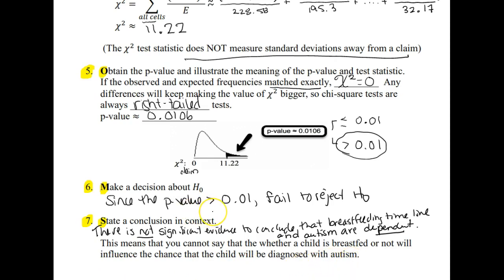Now here the p-value, or I'm sorry, the level of significance alpha was set pretty small at 0.01. Had it been set at something like even 0.02 or 0.05, we would have ended up rejecting H0 and saying there was significant evidence. Now in doing that, we just increased the chance that we made a type 1 error. Okay, but in this case, with alpha at 0.01, we do not have enough evidence for that level of significance.